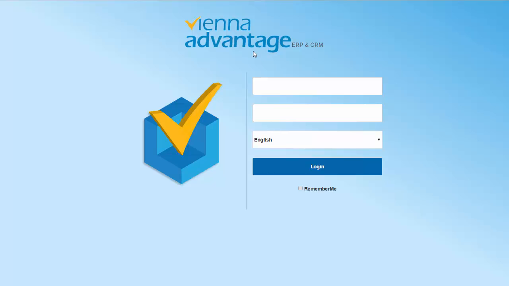Hello, this is a tutorial on VIENNA Advantage Document Management System. The focus of this tutorial is to take you from the start after the installation of Document Management System and explain to you how to get started with the system and make you familiar with the features of the Document Management